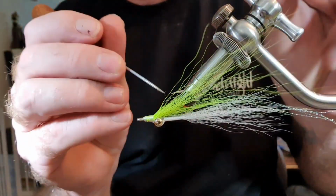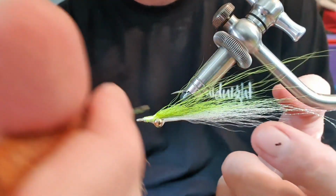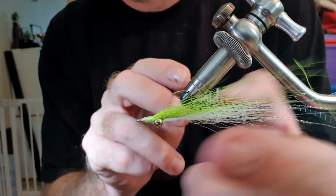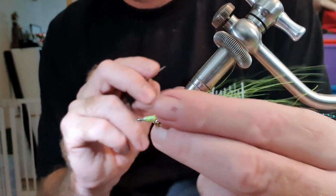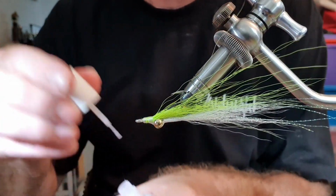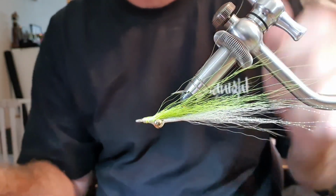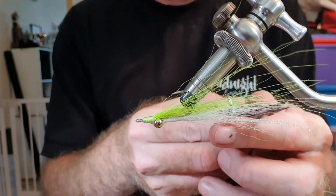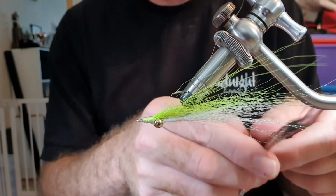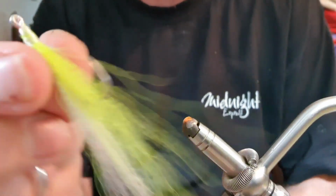Bodkin, just to sort of bring it down. So you've noticed it's flared up a little bit, and it's all right. And the reason why it's done that is because I've cut it back, would've tied in the butts of the fibres. There we go. A little bit of glue. Trim off some of the flash, making it a bit irregular. And there we have